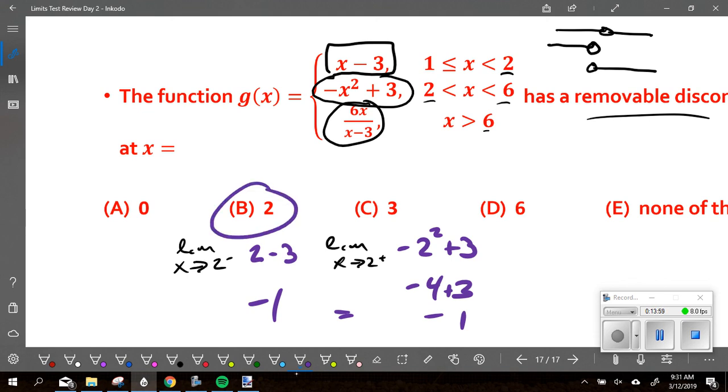If I did that to the other one, what do you get when you plug in 6 to that thing? -33, and what's the other side? 33? 36. That's 12. Are those 2 things equal to each other? That's a jump discontinuity at 6. A different question, but a good question. It makes you think a little bit more. No, because